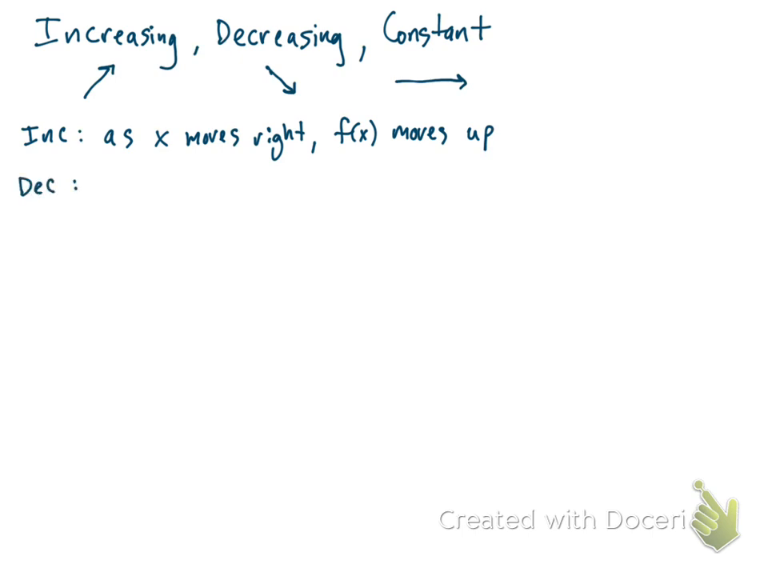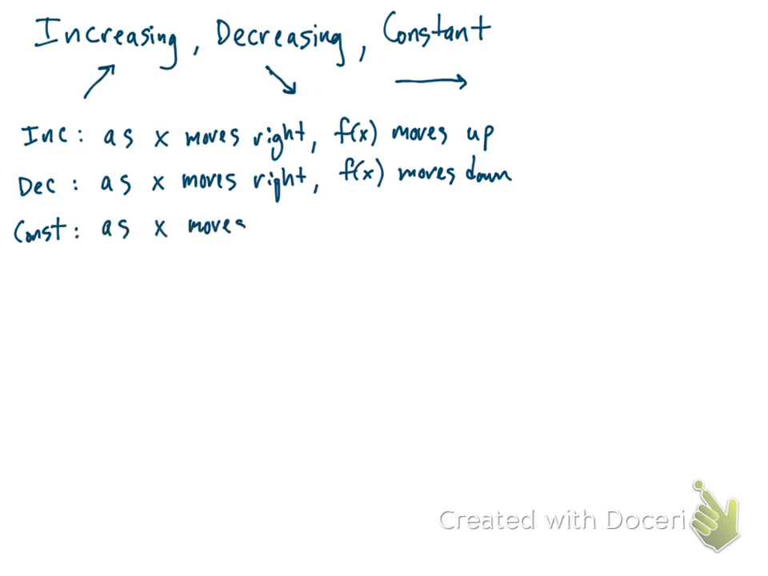If I'm decreasing, it's kind of the same beginning. As x moves right, we always want x to move to the right. For increasing or decreasing, my f of x should move down. And then the last one, constant. As x moves right, f of x remains